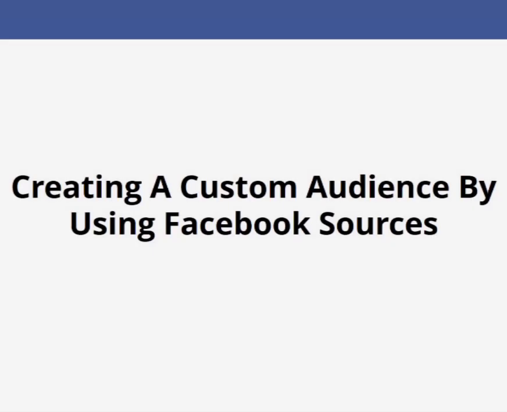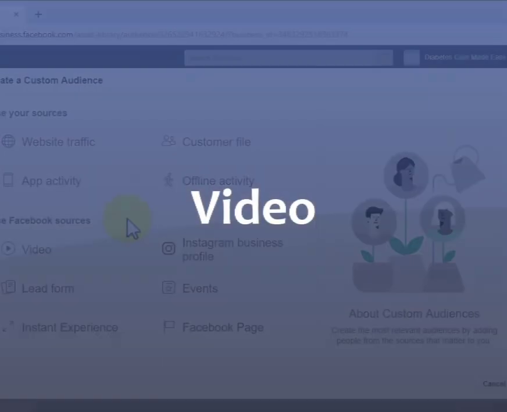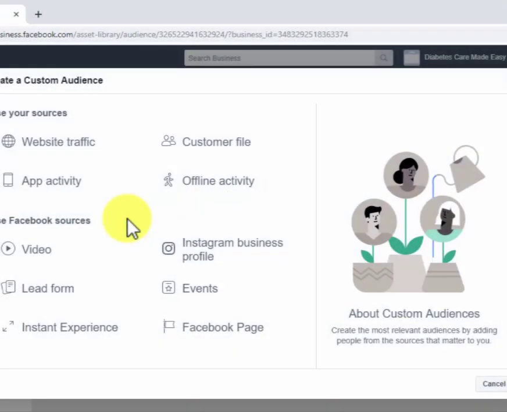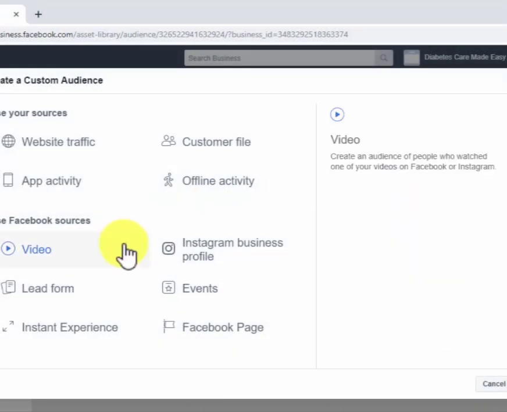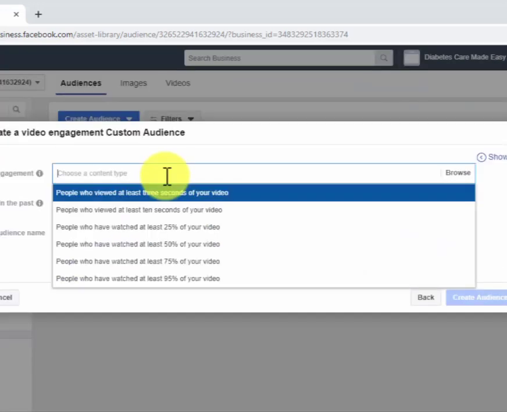Creating a custom audience by using Facebook sources. Hey there, everyone. Let's now create custom audiences using Facebook sources. Video. To create a custom audience from video views, select Video from this menu. Now click on the engagement field to select how engaged the users are that you'll add to this